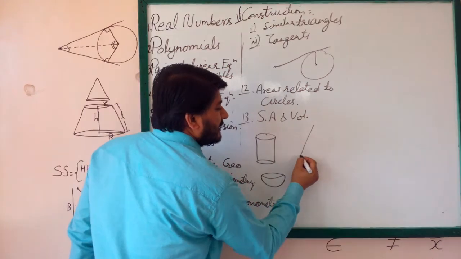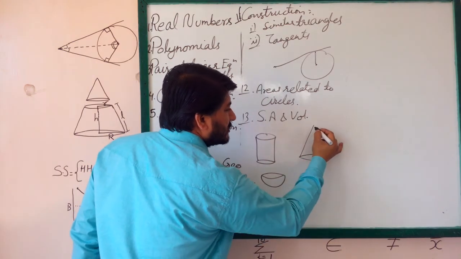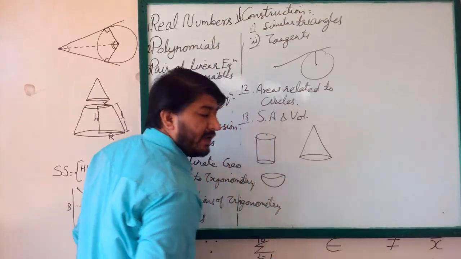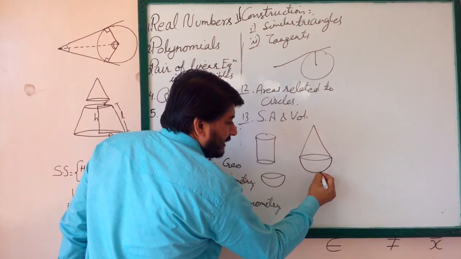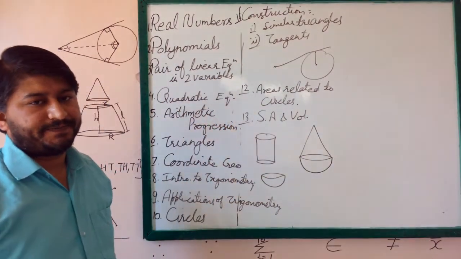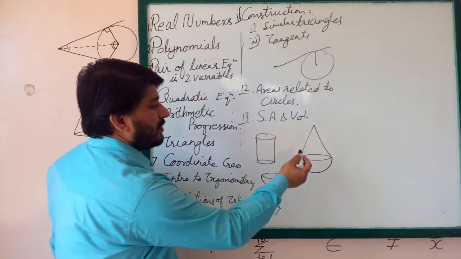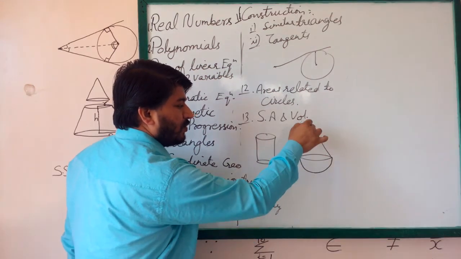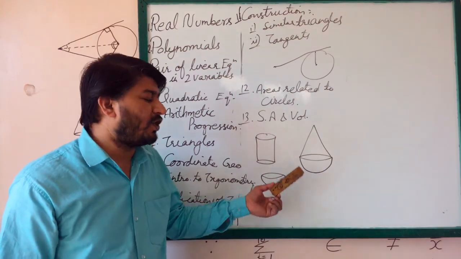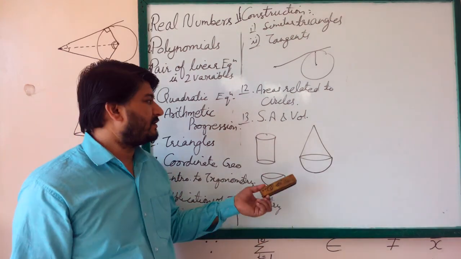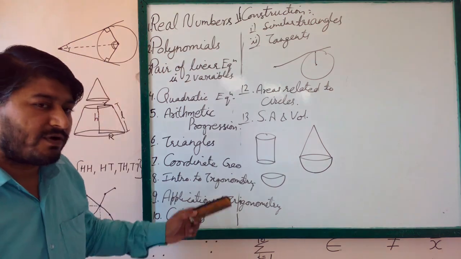Like you need to find the surface area of a solid which is formed by placing a cone on a hemisphere. Surface area of this solid figure. A cone is surmounted on a hemisphere. Now you need to find the volume of this. So such questions will be there. Apart from this, there is